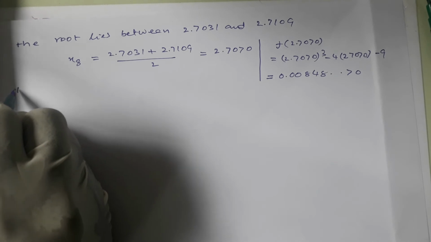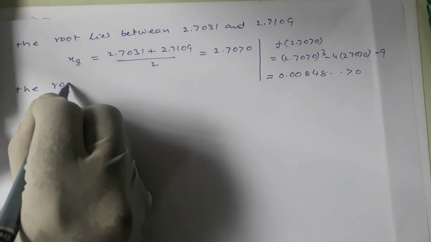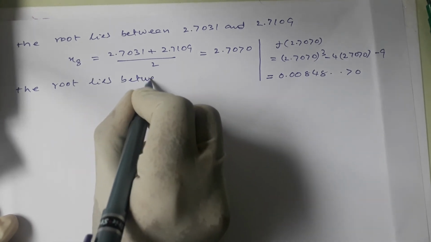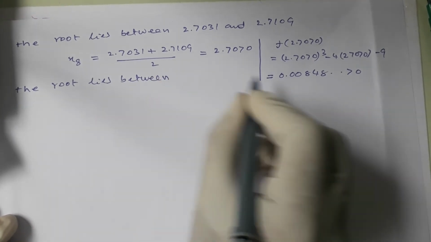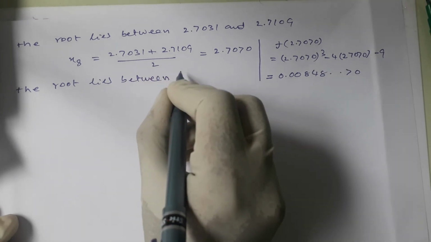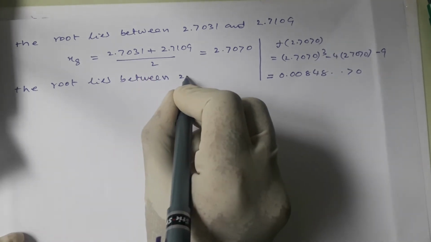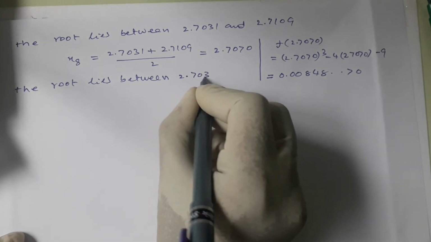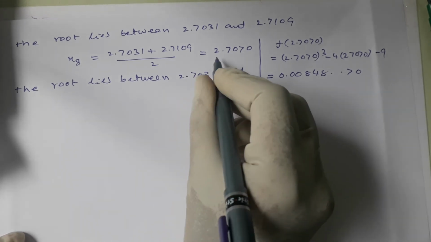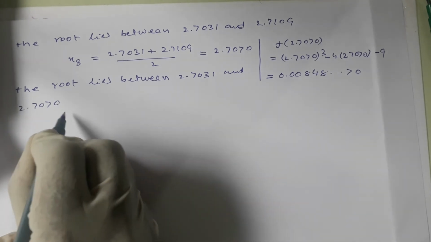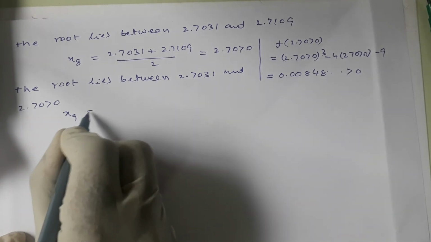So the root lies between that value and the right side value, that is left side value. It is 2.7031 and to the right it is 2.7070. x9 is equal to